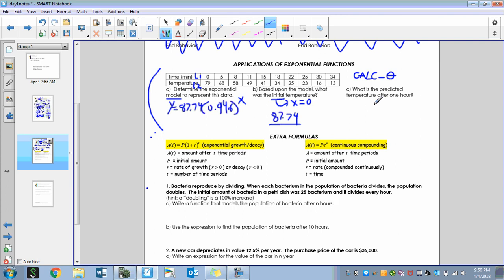And then this one says, what's the predicted temperature after 1 hour? Notice in the table it says that the time is in terms of minutes, so I'm going to convert that hour into minutes. It's going to be 60, and so I'm going to do the exact same thing. Over here they wanted the initial temperature, which is when x was 0. Over here they want the temperature after 60 minutes. So I'm going to do the equation here. It's the same equation. It's just instead of x, I'm going to write 60